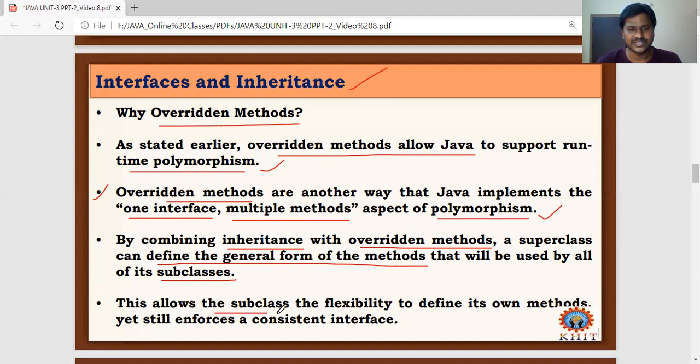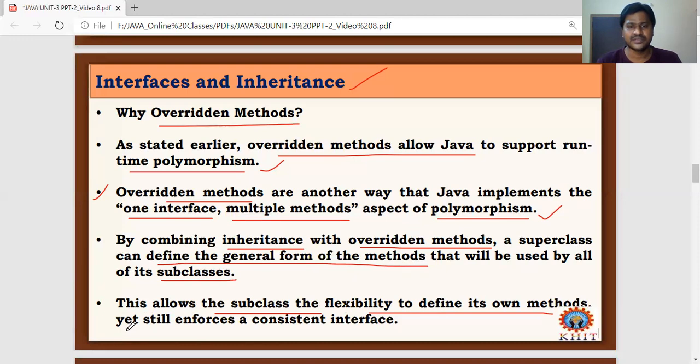This gives the subclasses the flexibility to define their own methods, and the superclass gives only the general form of the method: the method type should be like this, the method name like this, and the signature like this.